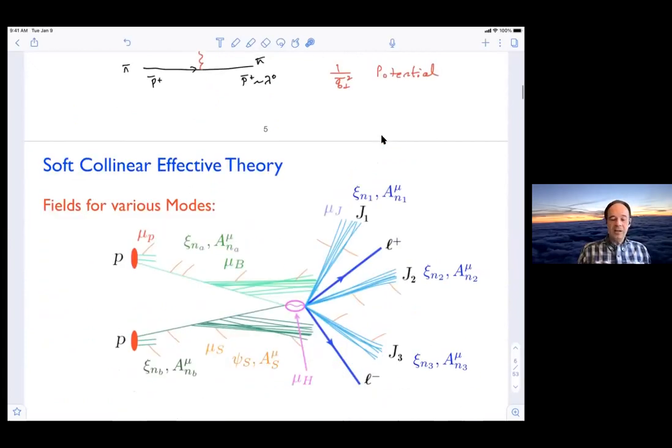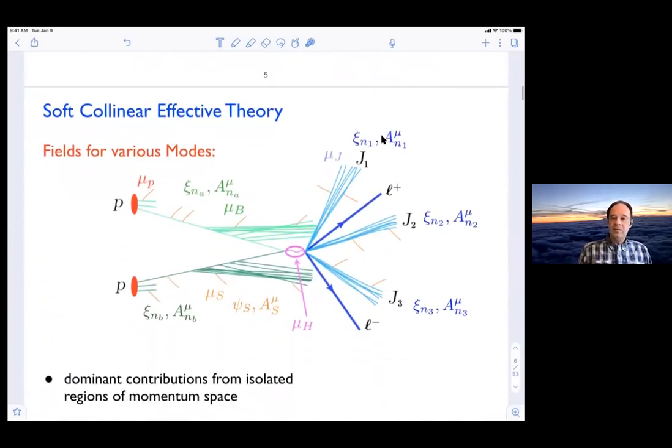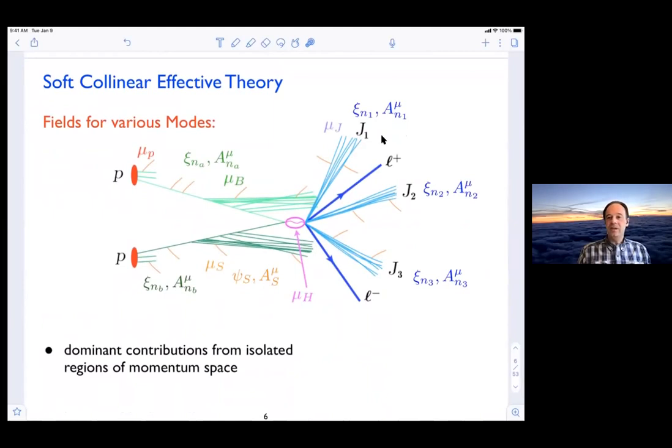Okay, so that gives you the idea of the players. And so what we're going to do is construct an EFT of that. We're going to write down fields for the different things that I was describing, and in particular the on-shell degrees of freedom, which are the soft and collinear degrees of freedom. And so for each of the collinear directions, say if I have this pp collision producing these 3 jets,